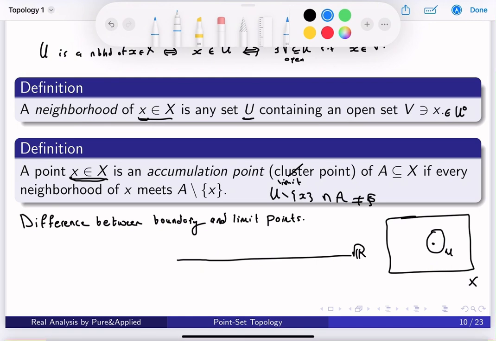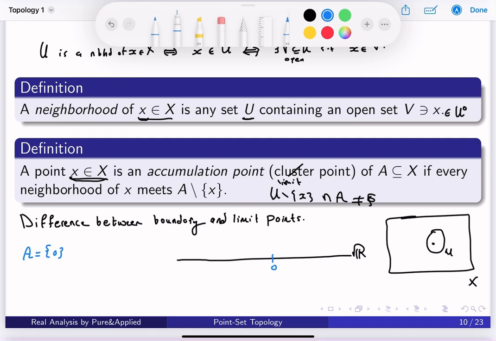And let's look at the point 0. Let's take the set containing 0 only, and containing nothing else. So if we take the set A to be just 0,